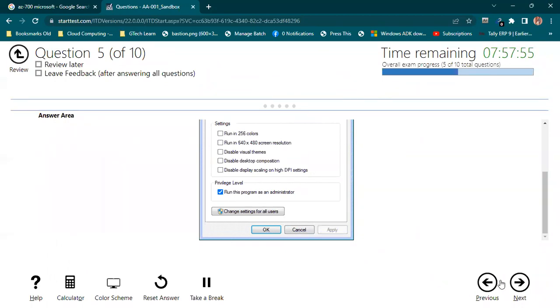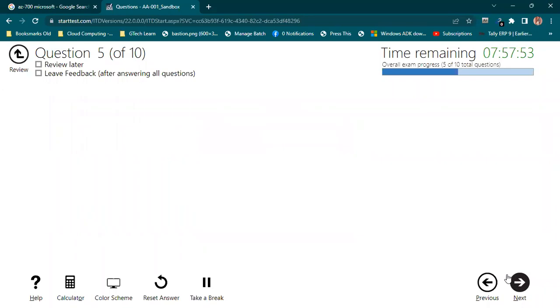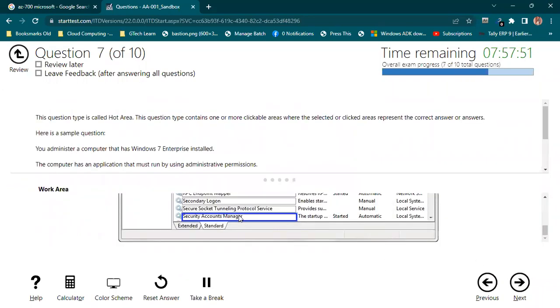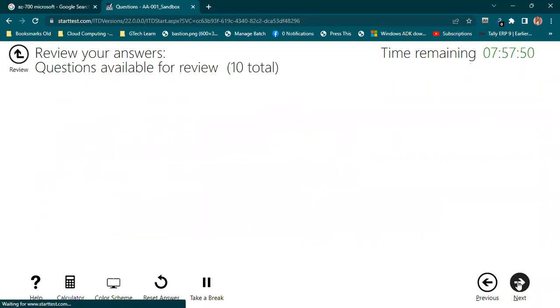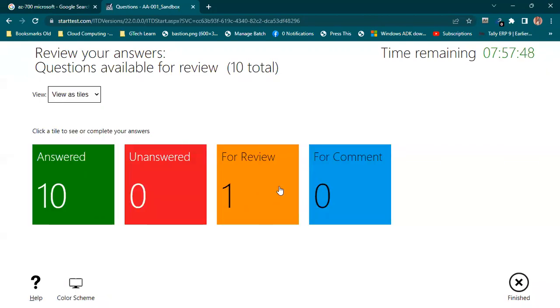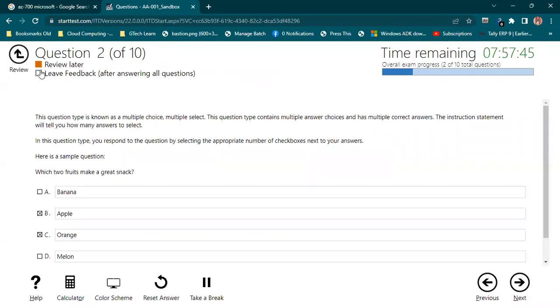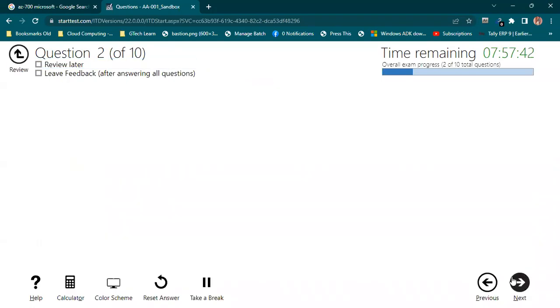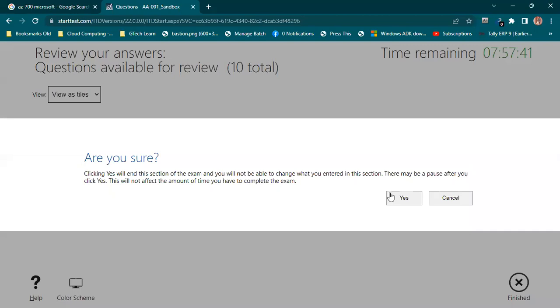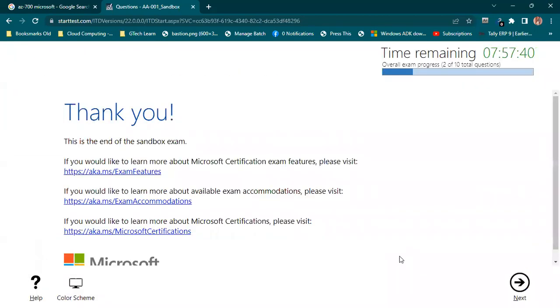Okay, so I have selected that option. Let me go with the next, and this one is selected. Let me go with the next, and now you can see I have marked one question for review. So I can go for the review, and if I'm okay with that, let me remove it and go for the next. And once I'm done with that, you can finish your examination, and accordingly you can see your result